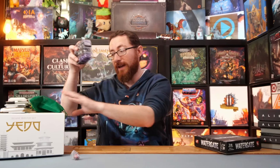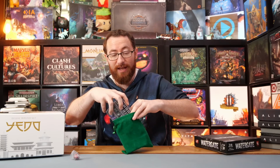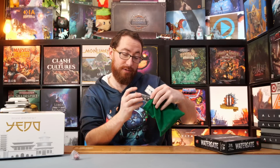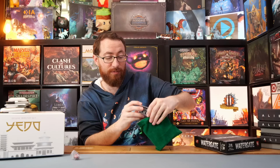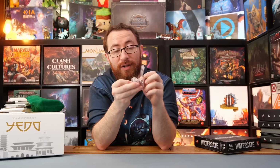These have a nice dice bag as well, but we still have a metal die, which I do like. And these are from the company, sorry, Die Hard Dice. Elysia Essentials is what they are. And then we have this one, which I do like. This one over here is a metal die, which I have a few of already, and I really like my metal dice. I have a set of these from, I want to say from,